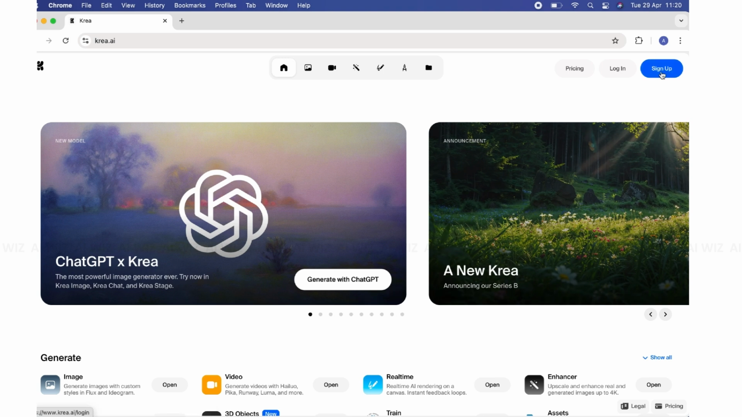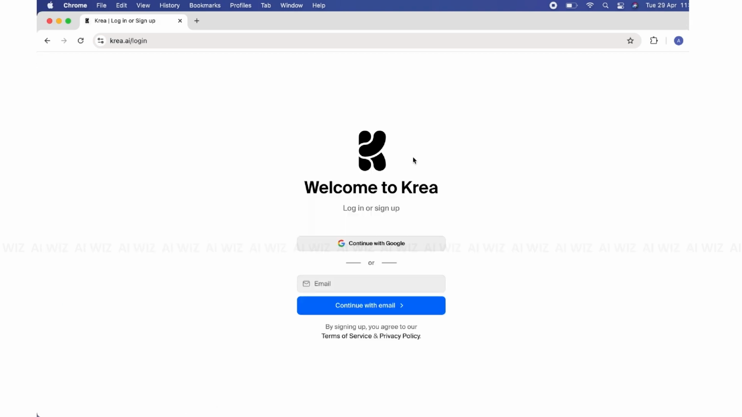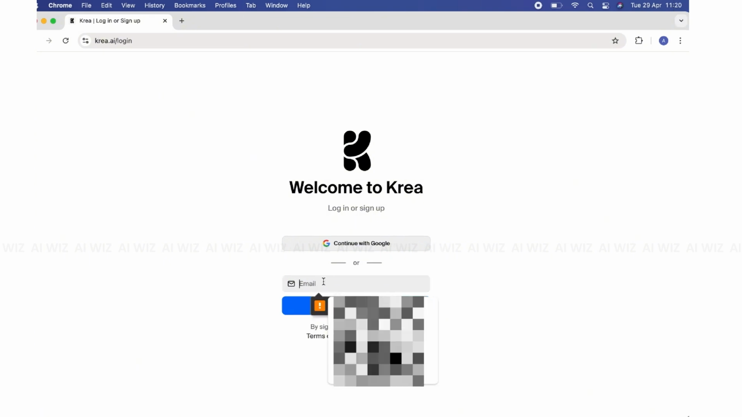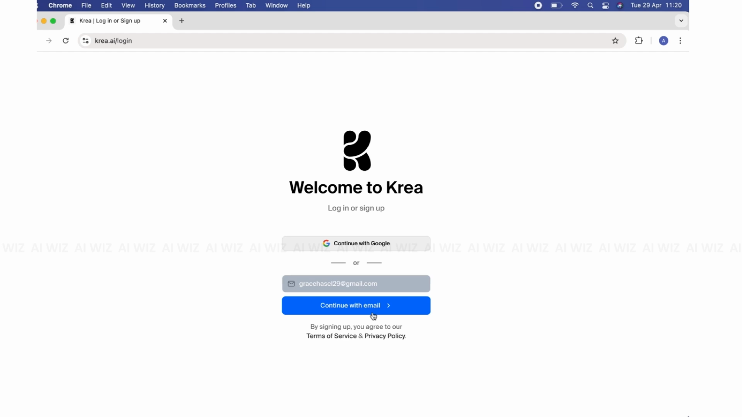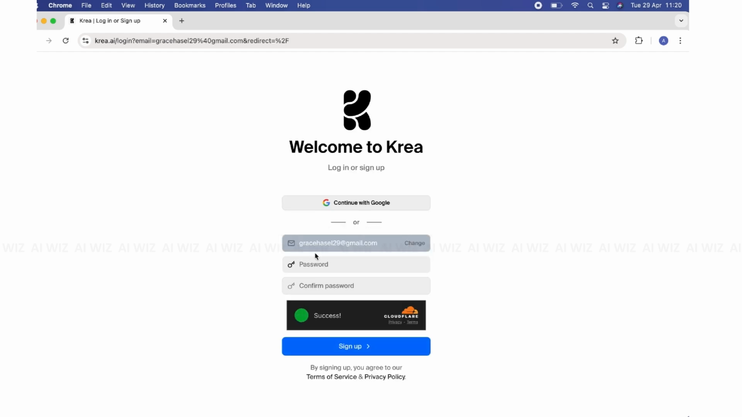Hit on that. From here you have two options to sign up, that is with Google or with email. We are choosing email for now. Enter your email address and hit on the continue with email option. Now you have to enter your password and re-enter the password to confirm it, and hit on the sign up